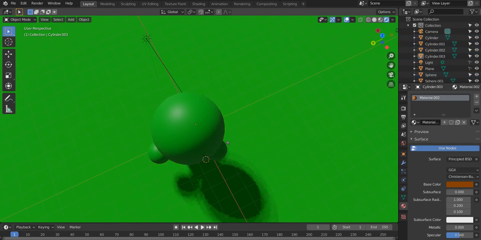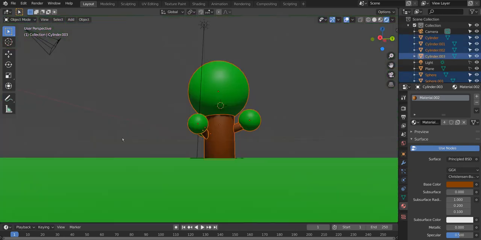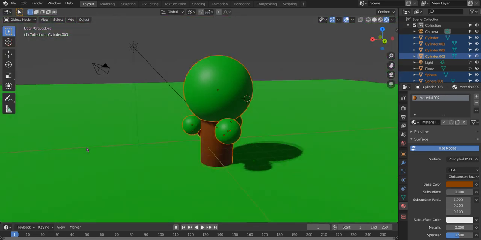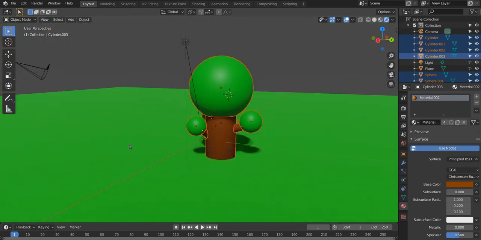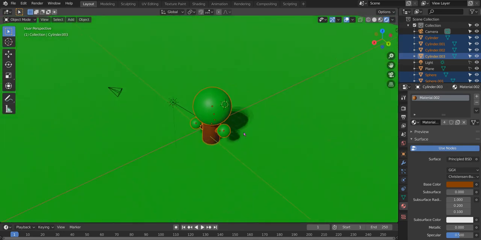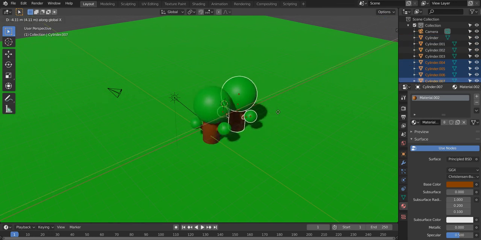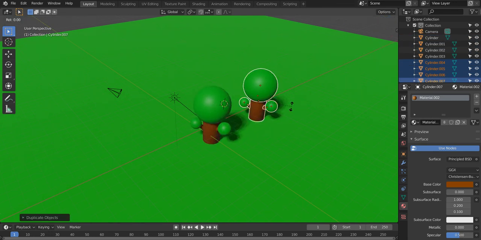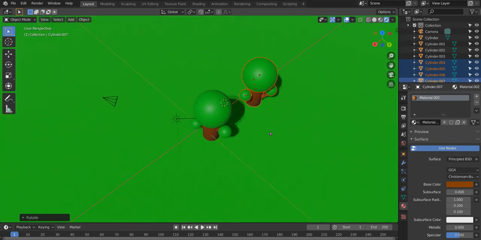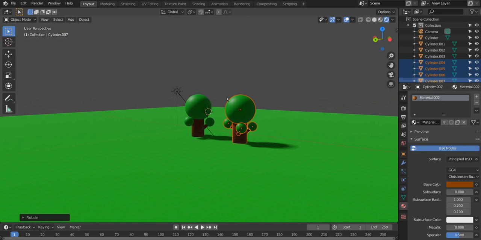Now, do you remember we said that it's not going to select anything on the ground anymore? So just like that happened. So the yellow lines mean they are selected. Now we want to make a small forest. Shift D, X. Go there. Rotate. Say Z. Rotate. Now we have our own little round trees,